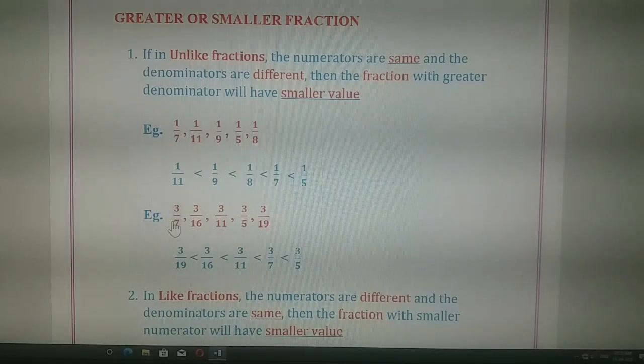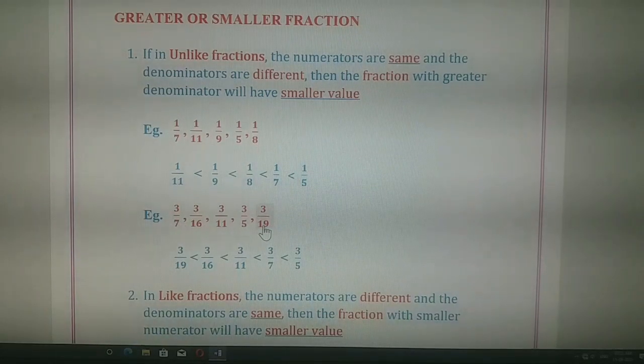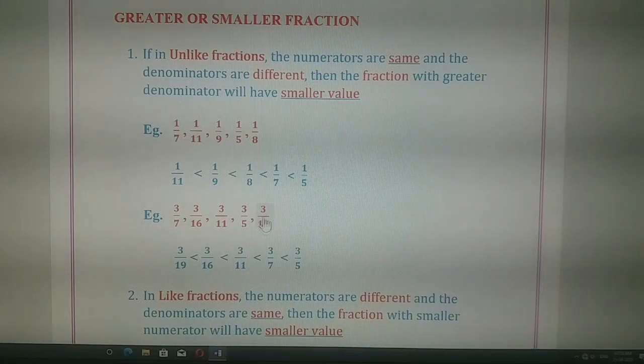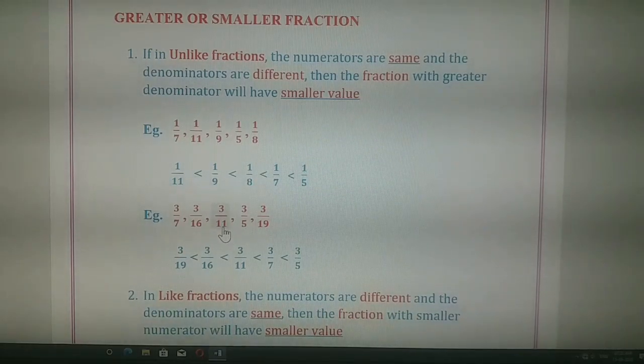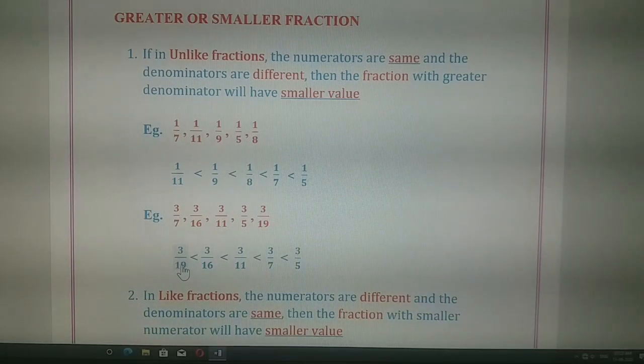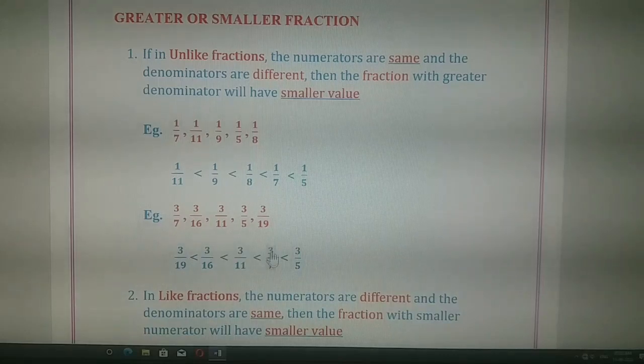So in order to arrange the fractions in increasing order of their value, we have to find out the greatest denominator. Here 19 is the greatest denominator. So that fraction will have the smallest value. So 3 upon 19. Then the next number will be 16. Then 11. Then 7. Then 5. So 3 upon 19 will be less than 3 upon 16, and 3 upon 16 will be less than 3 upon 11, and 3 upon 11 will be less than 3 upon 7, and 3 upon 7 will be less